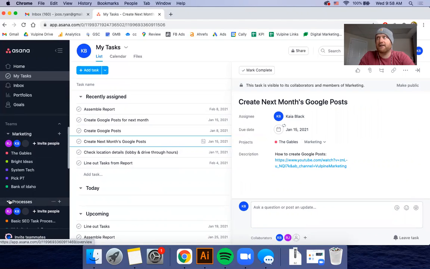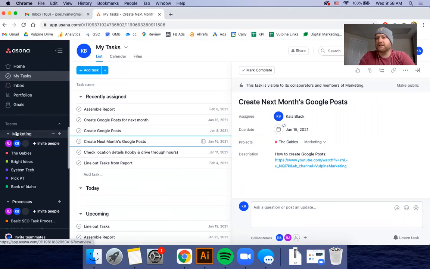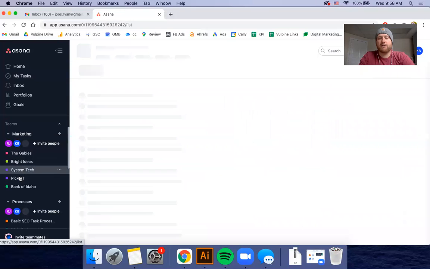And these teams are, right? They're just kind of groups of projects that are associated with a certain group of people. For now, it's just us, right? But as the company grows and there are different kinds of teams and stuff like that, they'll be assigned to different groups, right? So currently, this is under the team called marketing, and then here are all the projects